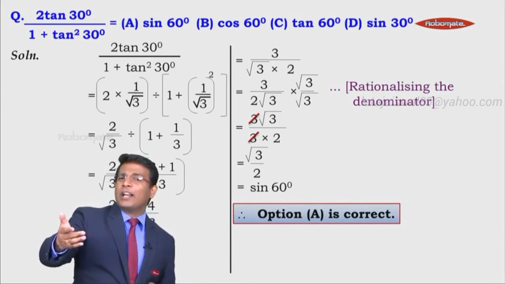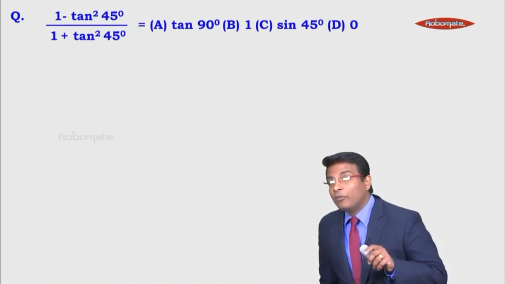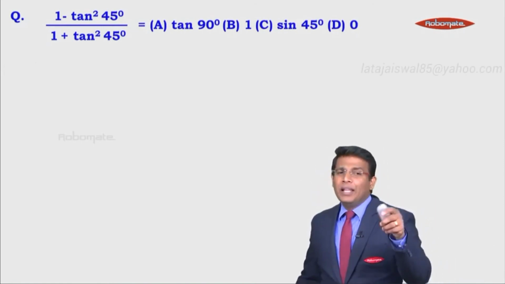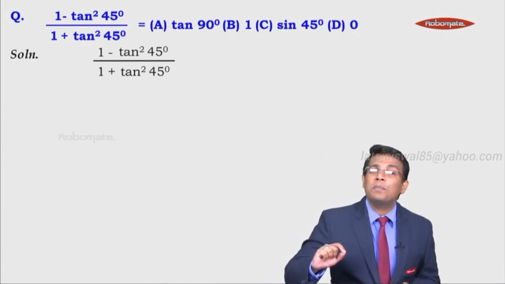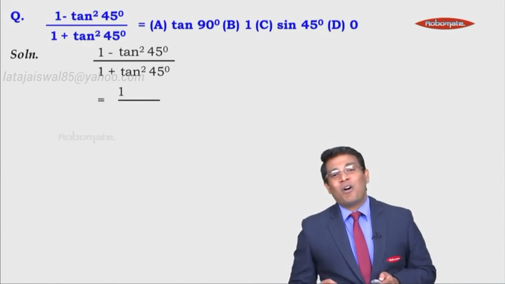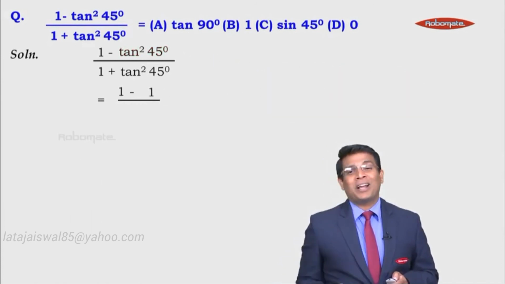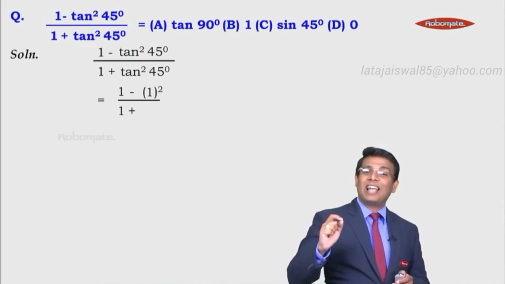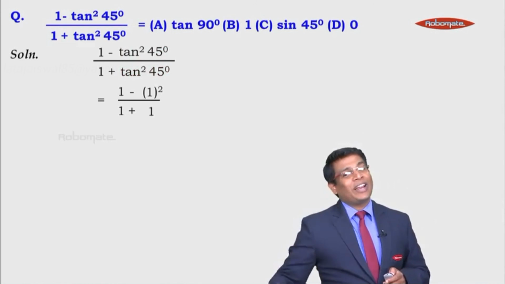Let's do a sum very similar to this kind of sum, right? Again we have the value of this expression which we need to find and check whether it is equal to option A, B, C or D. Let's solve the expression. It is 1 minus tan square 45 upon 1 plus tan square 45. To solve this first, we need to know the value of tan 45, and the value of tan 45 is nothing but 1. So it is 1 the whole square. Same way in the denominator, 1 plus tan square 45. The value of tan 45, just now we know it is 1, so we get it as 1 the whole